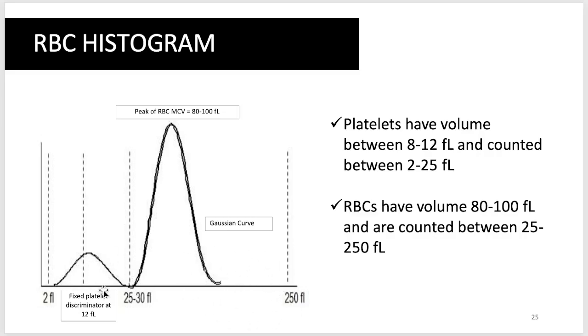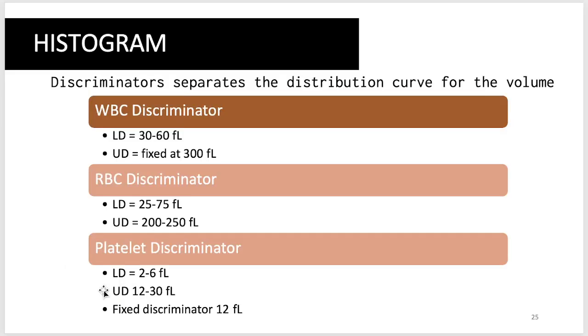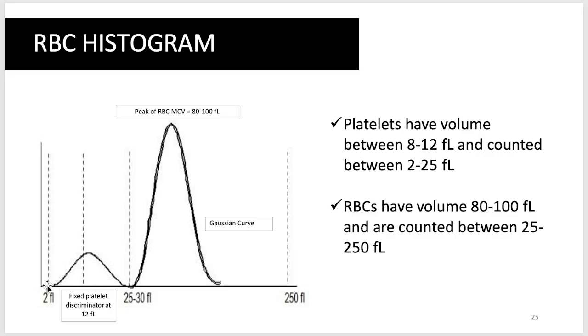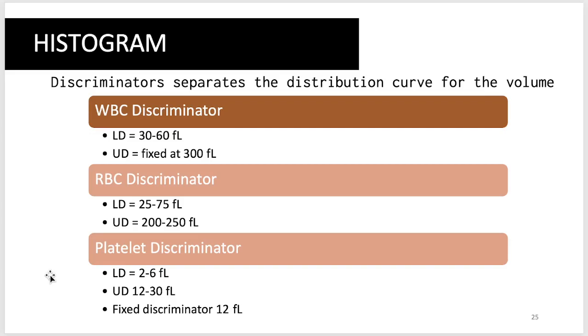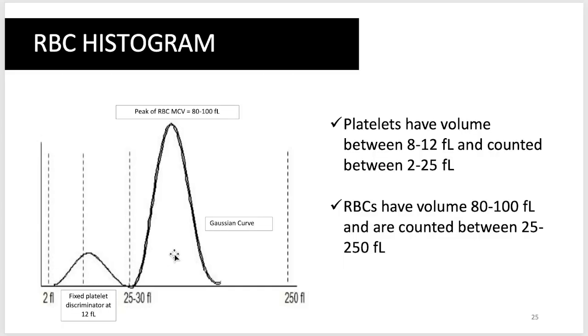And lastly, for fix sa ating platelet, lower discriminator, 2 to 6 femtoliter. So, pasok. Lower discriminator is around 2 to 6. And your upper discriminator of 12 to 30. So, pasok pa rin siya sa ating upper discriminator. And the fixed platelet discriminator of your 12 femtoliter. So, again,